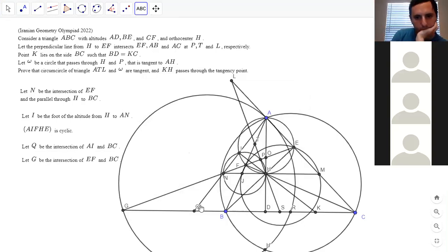And then we will prove that Q is the midpoint of GD, and then we apply what you said before to prove that H is the orthocenter of AQK. So I think we might be missing one step. So how did we know? Okay, so Q is the intersection of AI and BC. Okay, I think you're right. So okay, so